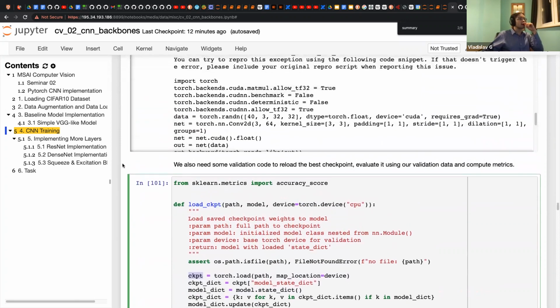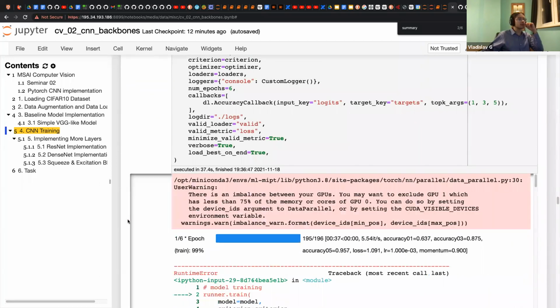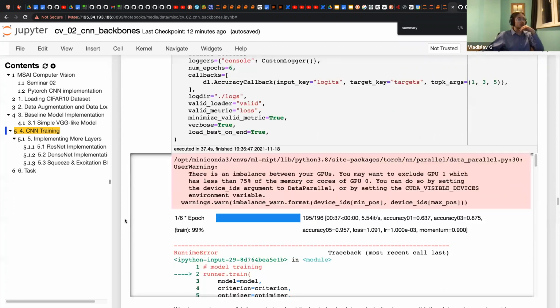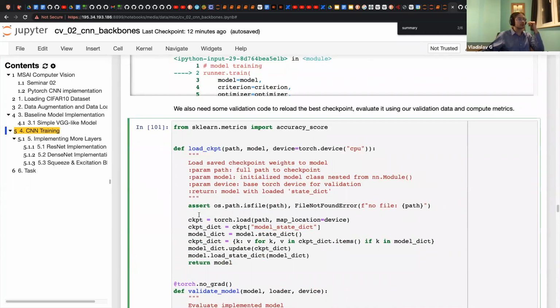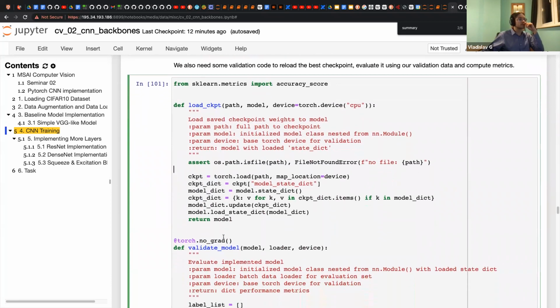Since we had this error on the last step, Catalyst already logged everything, and that's why we could run this code nicely and, I think, successfully.